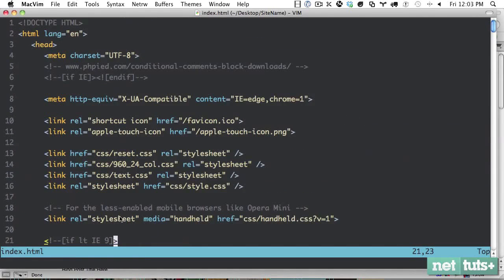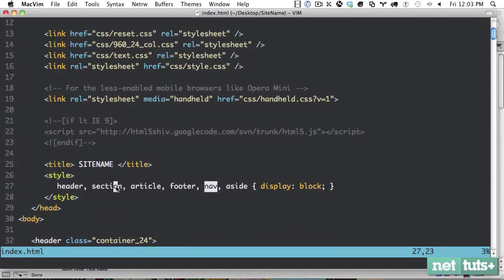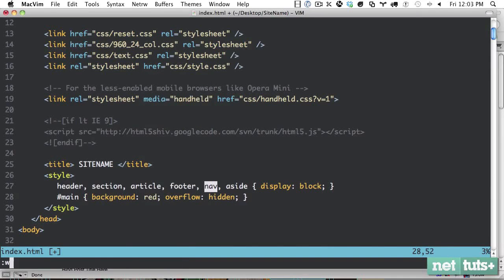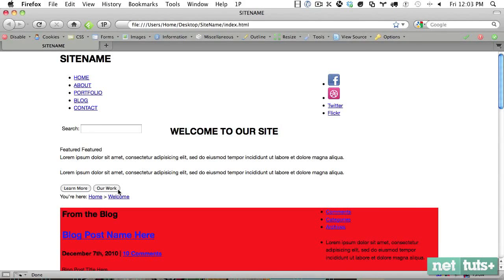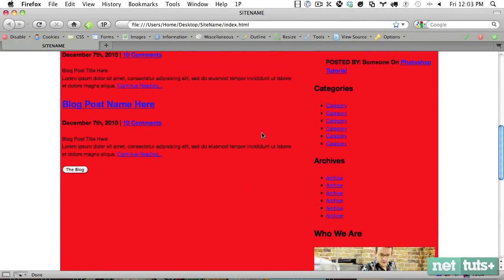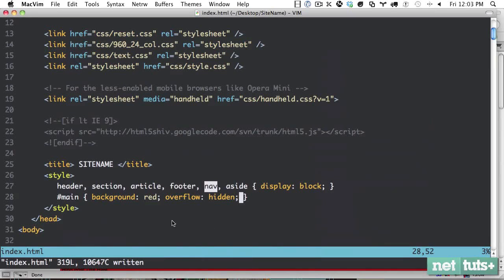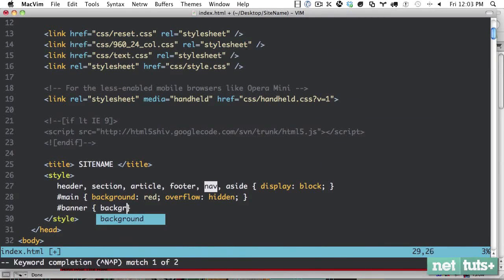So if it helps, why don't we come in and at the end we'll apply a background color to our main. I'm going to apply overflow hidden just to make sure it contains its floats as well. The main section looks fine. We have our primary content and our sidebar, but then let's also go and apply some styling to the banner. So we'll say banner background color